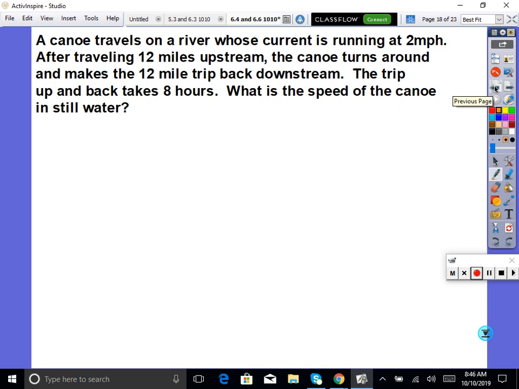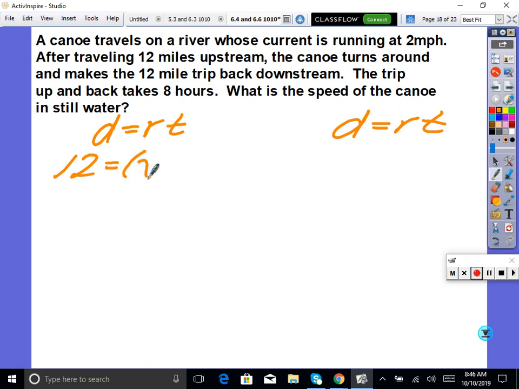Okay, a canoe travels on a river whose current is running at 2 miles an hour. After traveling 12 miles upstream, the canoe turns around and makes the 12 mile trip back downstream. The trip up and back takes a total of 8 hours. What is the speed of the canoe? So you'd say this is distance equals rate times time. What's my distance? 12. My rate is x